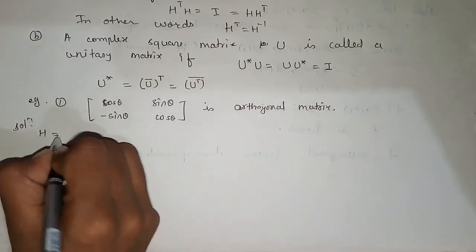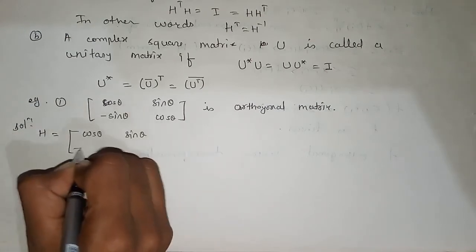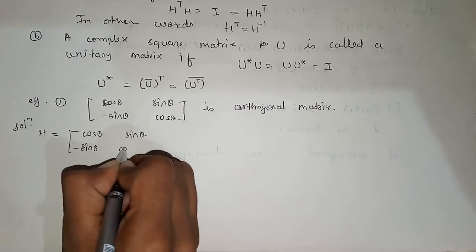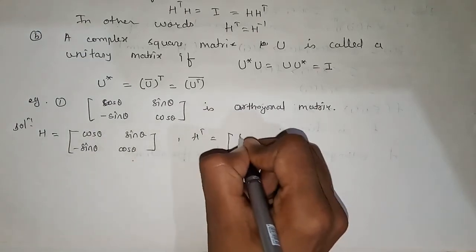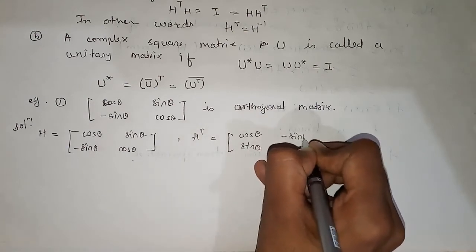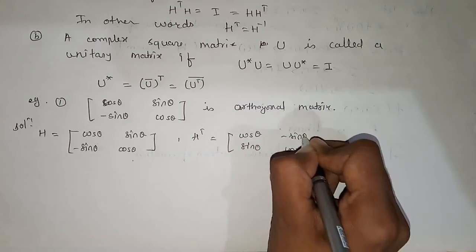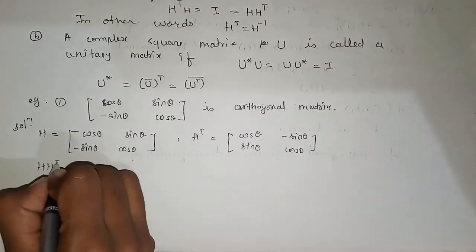So this is H is cos theta sin theta, minus sin theta cos theta. Now H transpose is cos theta minus sin theta, sin theta cos theta. On taking product of H and H transpose,